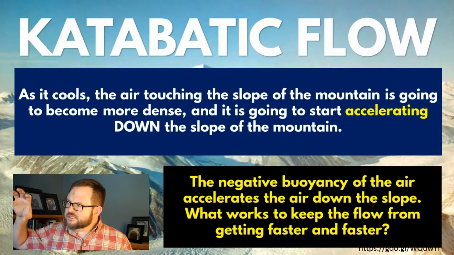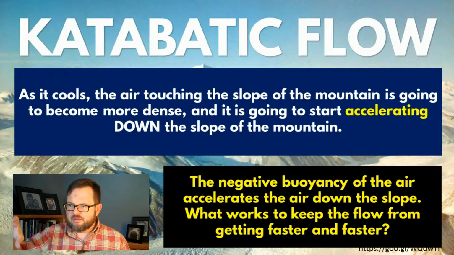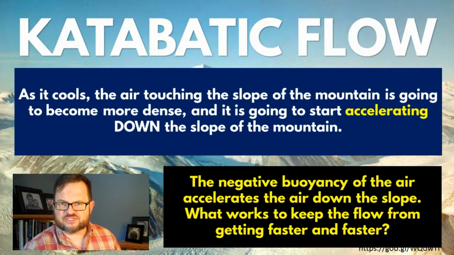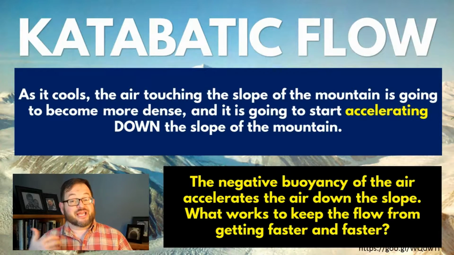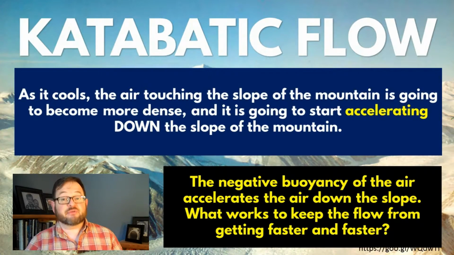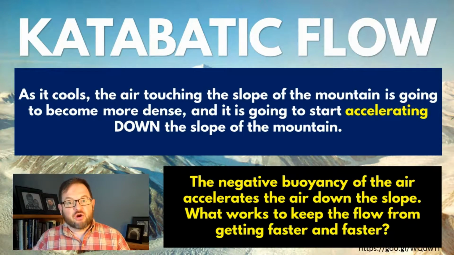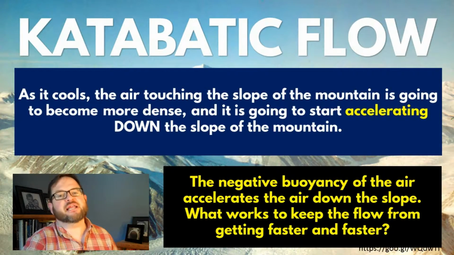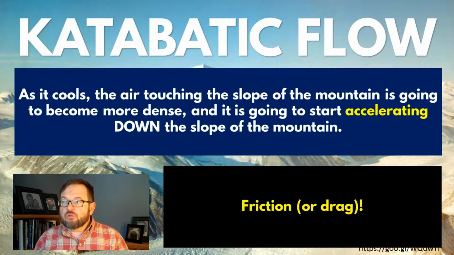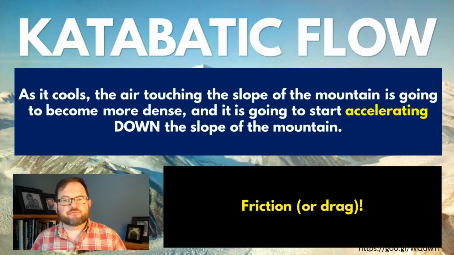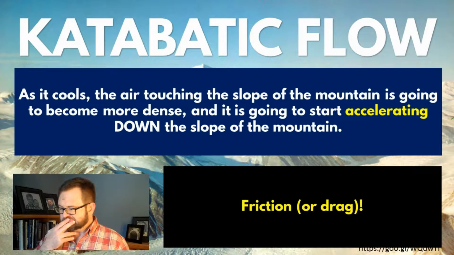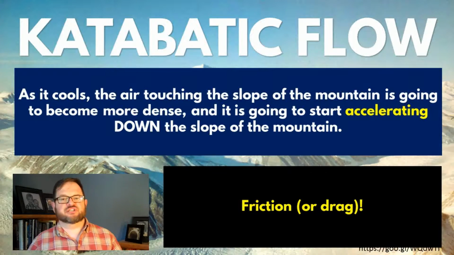So my flow is going to start at a slow speed down the mountain, but it's going to get faster and faster and faster as the air parcel accelerates downward. A constant acceleration makes a faster and faster velocity, right? Well, what's going to balance that? What's going to keep this thing from becoming a hurricane force wind as it comes barreling down the mountain? Well, a good answer would be friction, or maybe we'd say drag. I mean, this is by definition a wind at the surface of the mountain, and there's trees and rock formations and Lord knows what else,